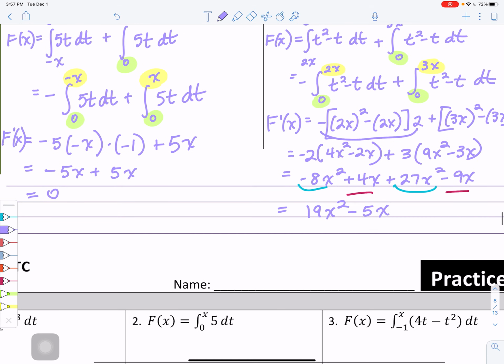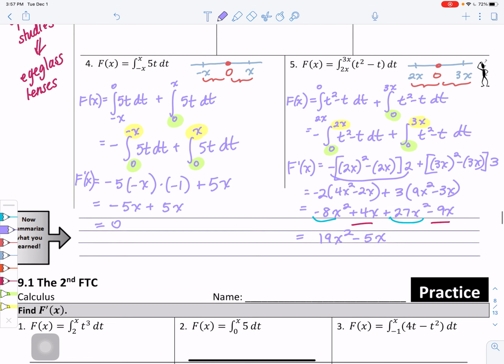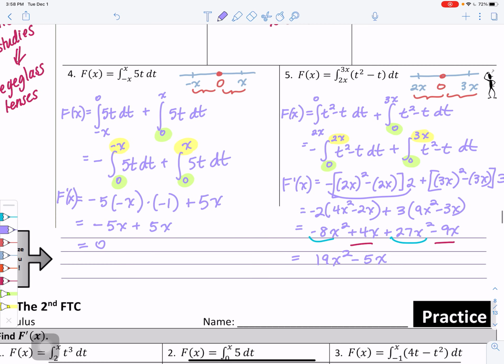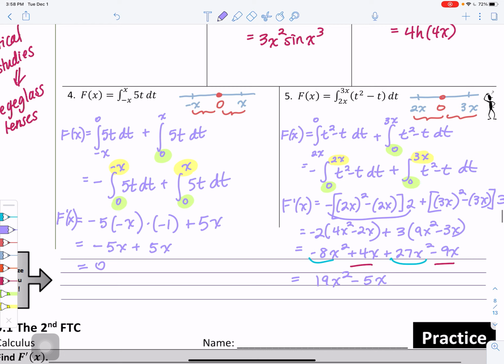So that was quite a problem. I don't think you'll see any that difficult, but definitely using the properties of integrals with these, because with FTOC2 we need the lower limit of integration to be a constant. And that concludes part 2 of